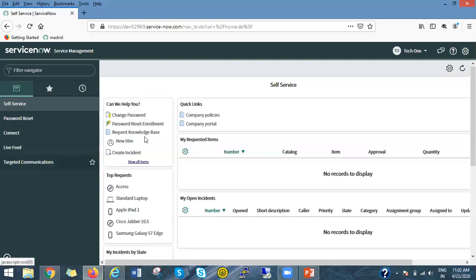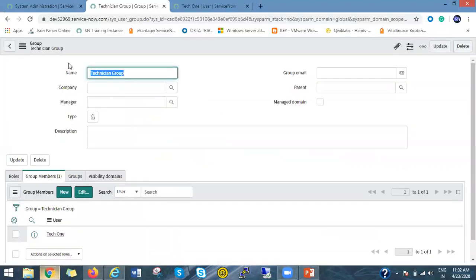Now I will assign the ITIL role to this technician group, and tech1 is already a member of that group. Automatically the ITIL role will be inherited by tech1 because he is a member of the technician group.